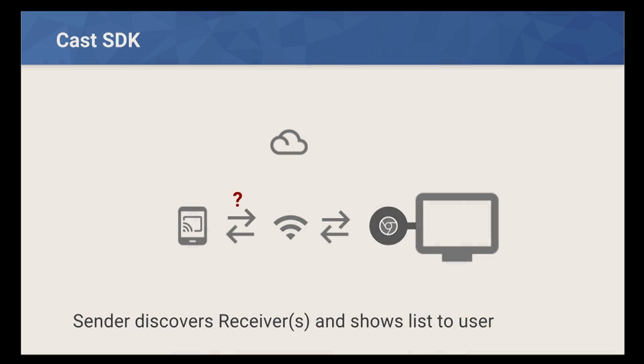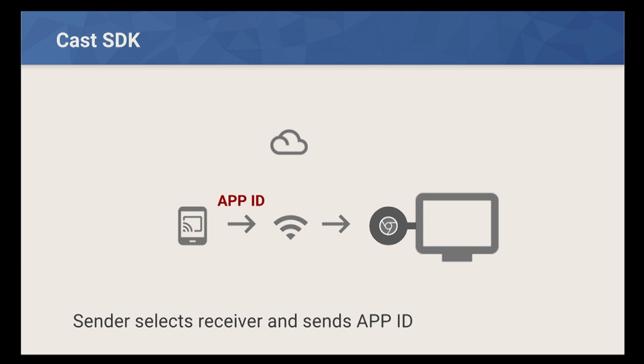So the Cast SDK, as I said, takes care of device discovery to find all the Cast devices on your network. Your app will get callbacks if that device list changes. Once a device is discovered, we can show the Cast icon. When we tap the Cast icon, you're going to see a list of all the